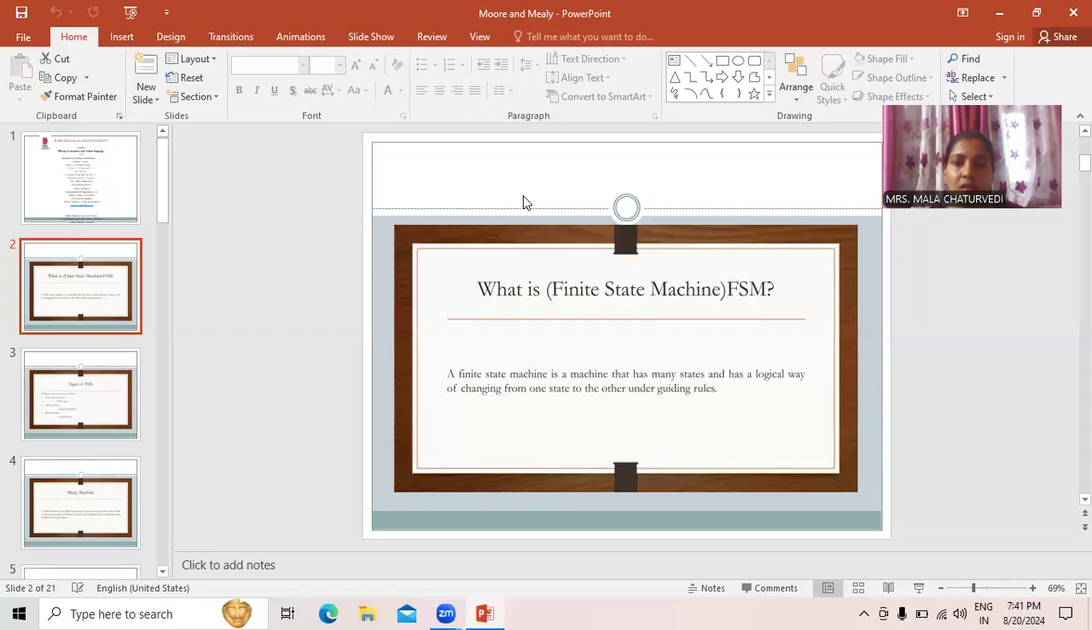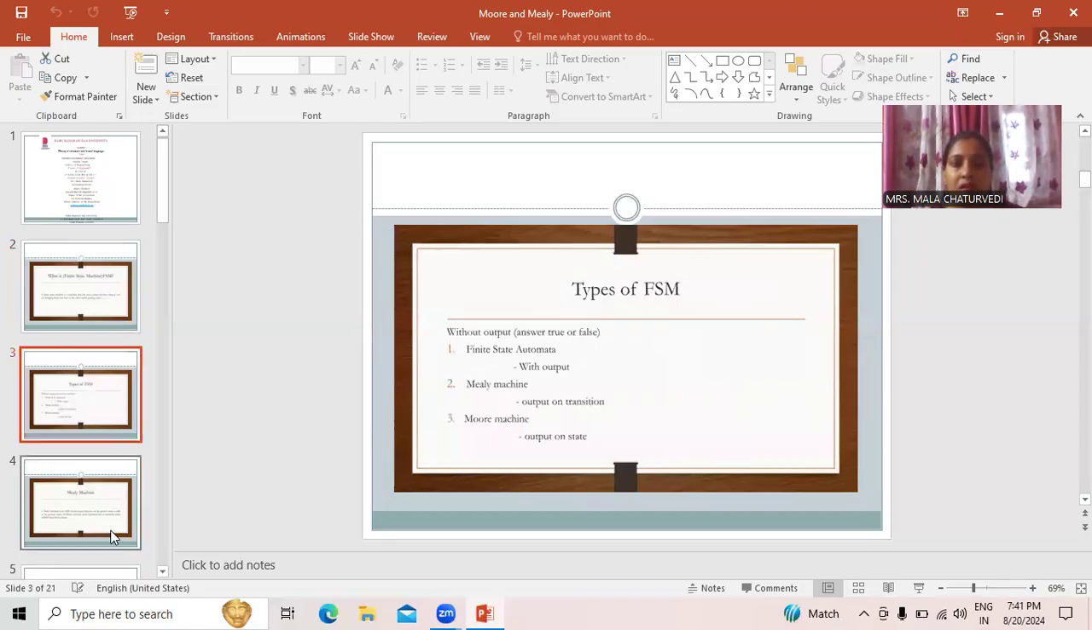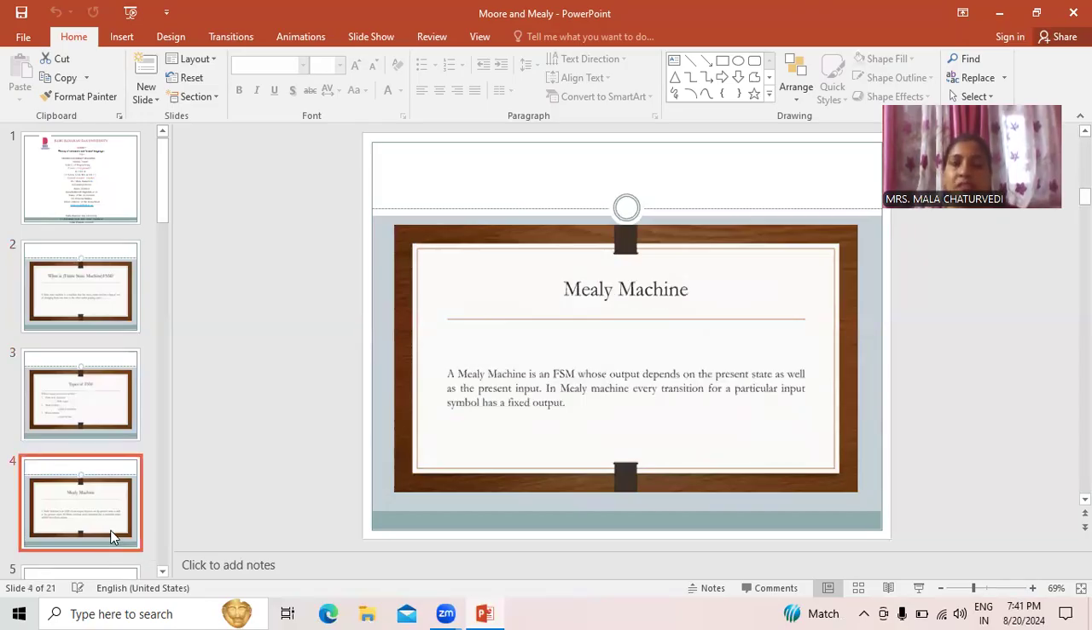The machine with output is called the Moore machine and Mealy machine, and the machine without output is the deterministic finite automata and non-deterministic finite automata. Now, a machine with output has 6 tuples, which are all included and same as in a machine without output,